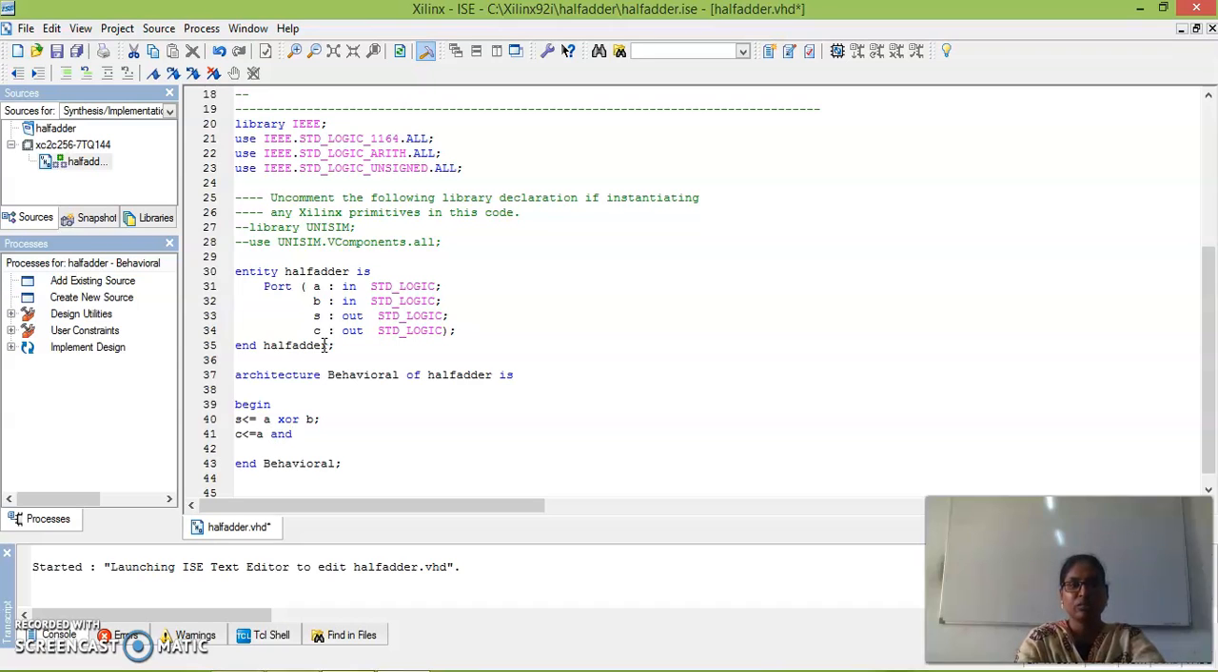We need to give space between the inputs and the function. So this is how I am writing the logic of my program. Here in the architecture we are going to write the logic of the program. This is how we need to write the program. Then we have to go for